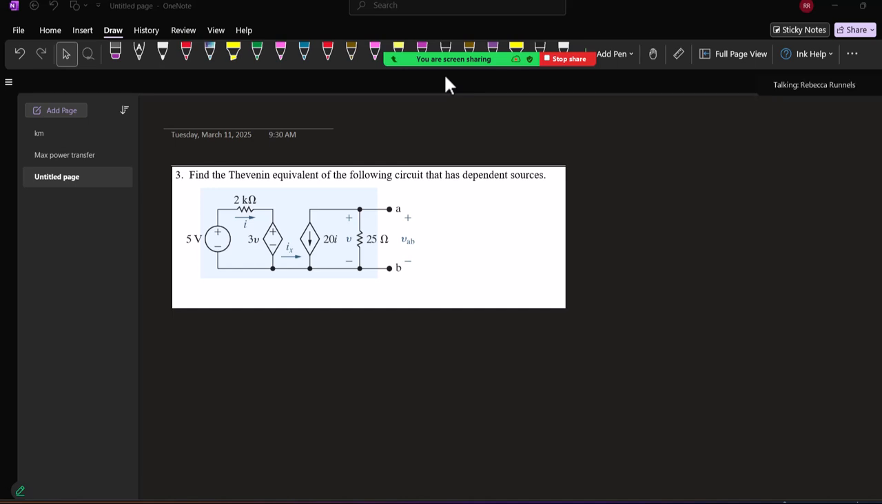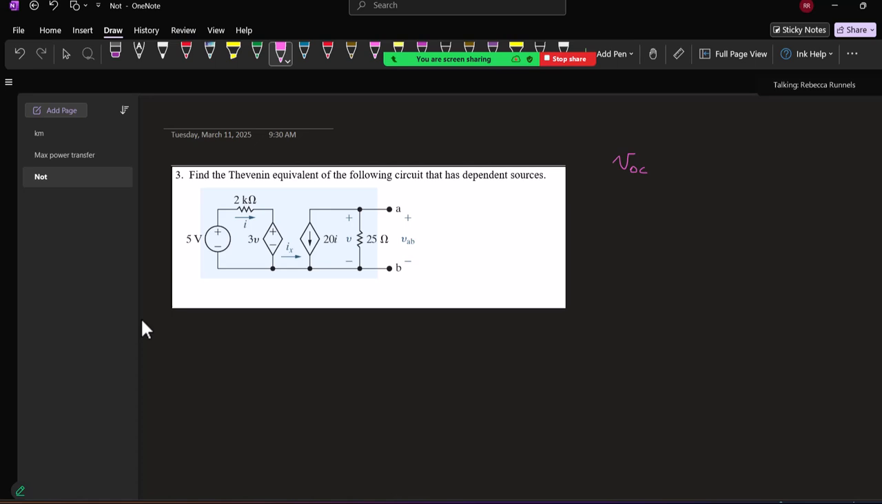All right, so now we want to find the Thevenin equivalent for this circuit that has dependent sources. So V open circuit still works just fine because that's just the definition. So we need to find V open circuit. It's R Thevenin that's different because you can't short out or make open the dependent sources. So let's take a look at that